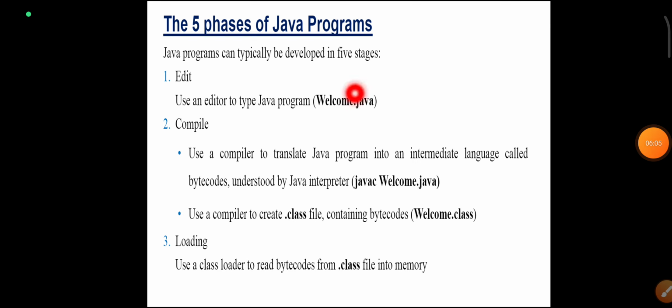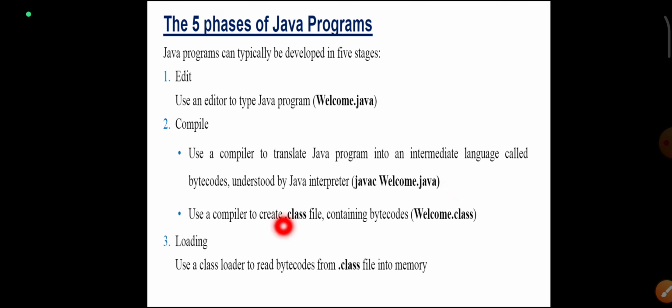There are mainly 5 phases of a Java program during execution. The first one is edit. The user uses an editor to type the Java program. Here I am typing a welcome.java file. Then it undergoes the compile phase. With the help of the compiler, it translates the Java program into intermediate bytecode, which will be understood by the Java interpreter. javac welcome.java, in order to compile, we use this command.